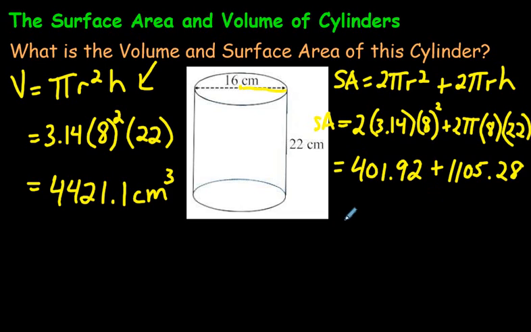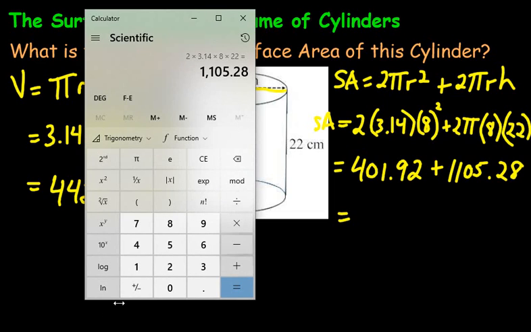1,105.28. Now all we have to do is add these 2 together and we will have our surface area. Surface area is more complicated to do than doing the area, as you can see. It's a longer formula. I'm just adding the 2 together right now, and the final answer I got is